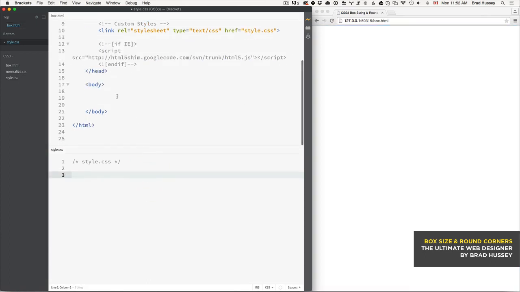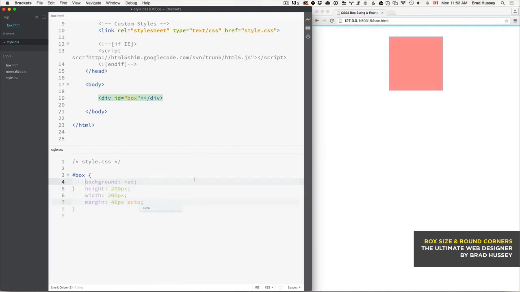Do you remember when you add a box and you have to account for the padding and the width together? So let's just give this div the ID of box. And we go down here and let's just give it some basic styles so you can see it. Okay, so we have this box here, red box, 200 pixels, and just centered in the middle of the browser here. Now, if we wanted to add padding to this box, like so, let's say we added 50 pixels on all sides,